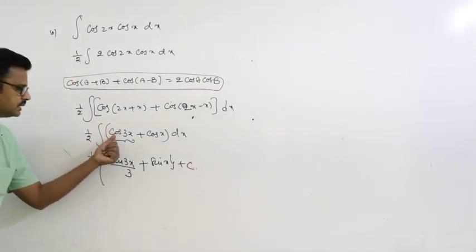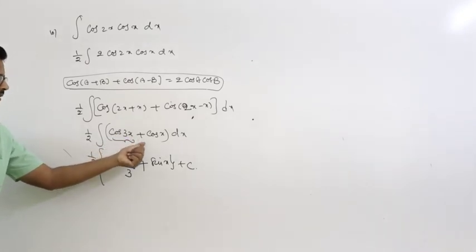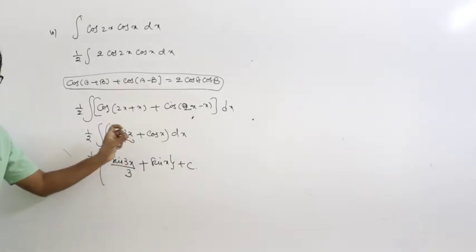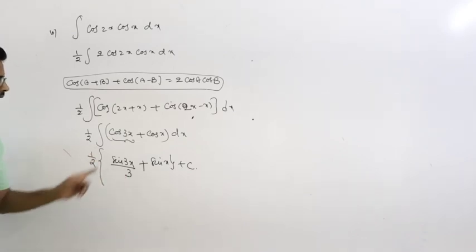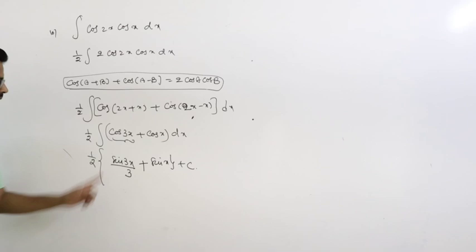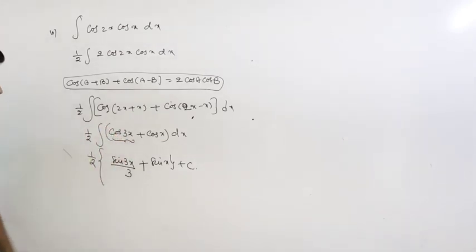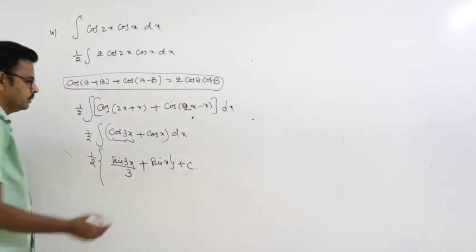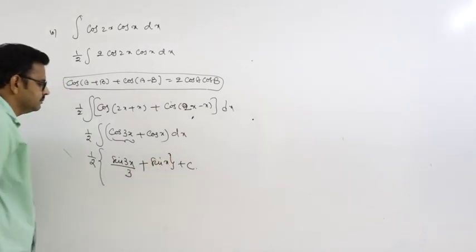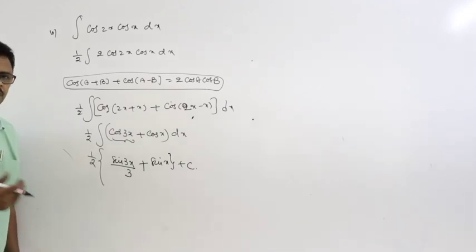So this is a cos of ax plus b form. Integral of cos of ax plus b is sin of ax plus b divided by its derivative. Or you take 3x equal to t. Just please try to avoid the substitution method. Sometimes it is unavoidable in some cases, but if it is possible, please try to avoid it.